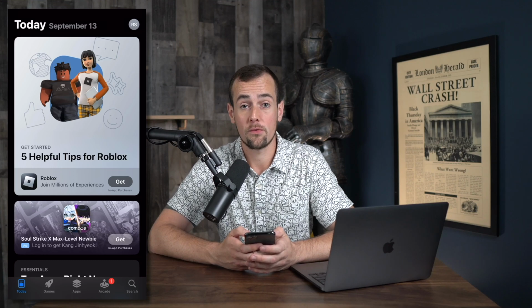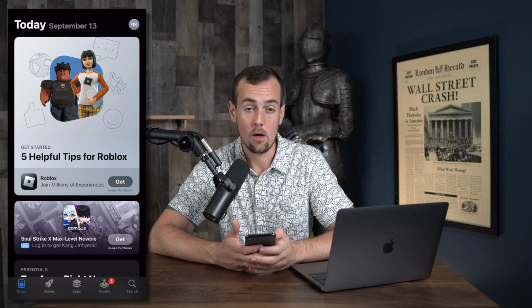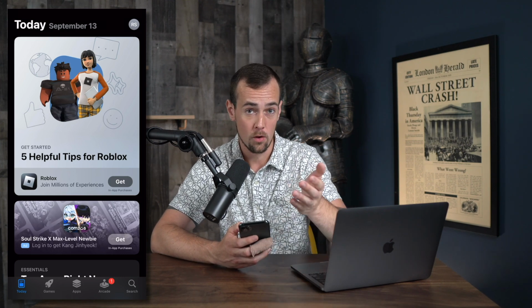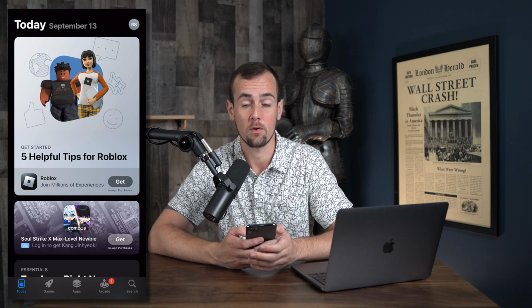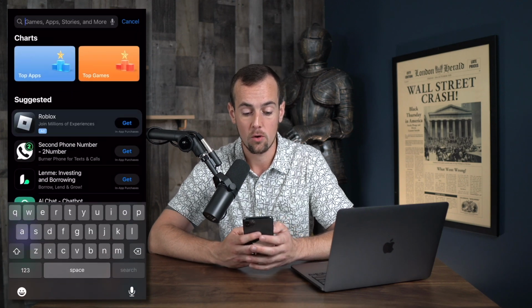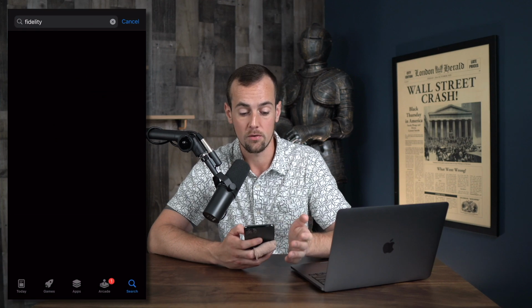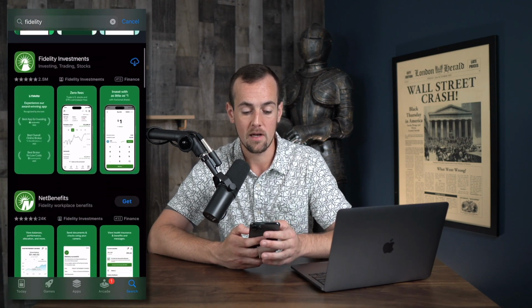So let's go ahead and walk through the sign up process for Fidelity now, starting out with installing the app. You're going to want to visit the App Store, or also do this on Android if you have an Android phone. You're going to click on search and type in Fidelity. At this point, you can click on the top result for Fidelity, and it's going to bring up Fidelity